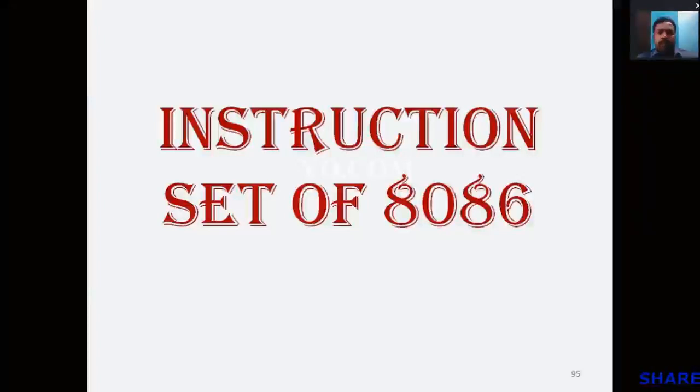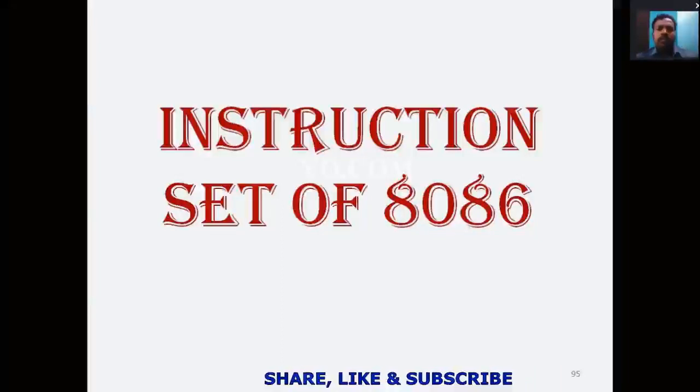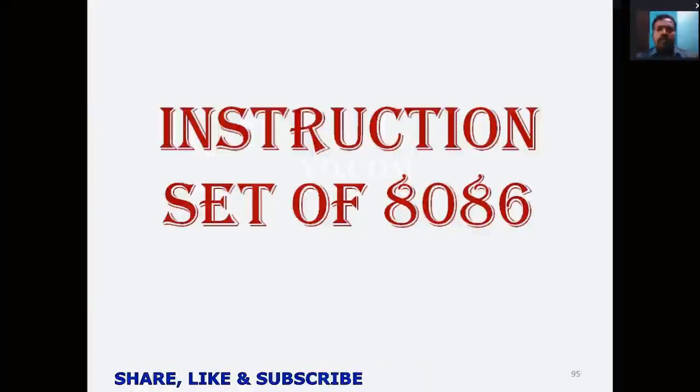Okay, so in this session we are going to see the instruction set of the 8086 microprocessor. What is an instruction set? Generally, what is an instruction? In general, an instruction is a set of rules. For example, we know traffic rules or traffic instructions. So these are types of instructions. Similarly, the rules in our college are also a kind of instruction. The set of rules is called instructions.